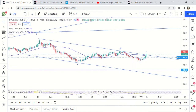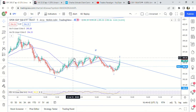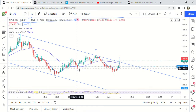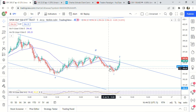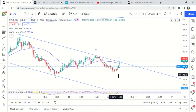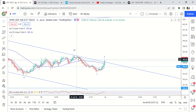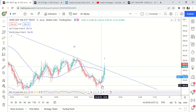So before we get into what I think is going to happen, basically I bought some puts here, sold a contract here, held all the way through this move right here, knowing this is probably a B wave, and then I sold around 394. Ended up going all the way to 393.22, and once I saw this was a 5-wave move, I bought the pullback right here on some 0 date to expiration calls for today, the 394 calls,